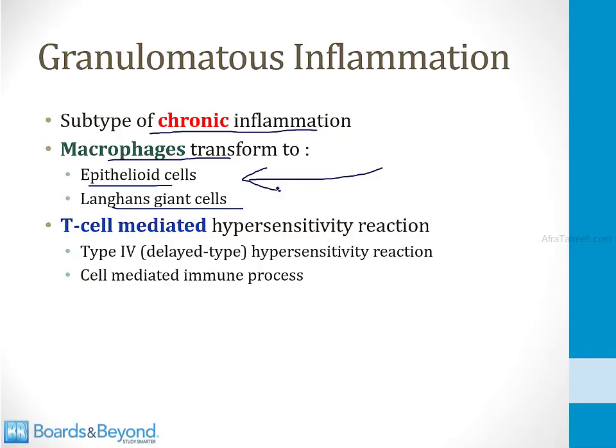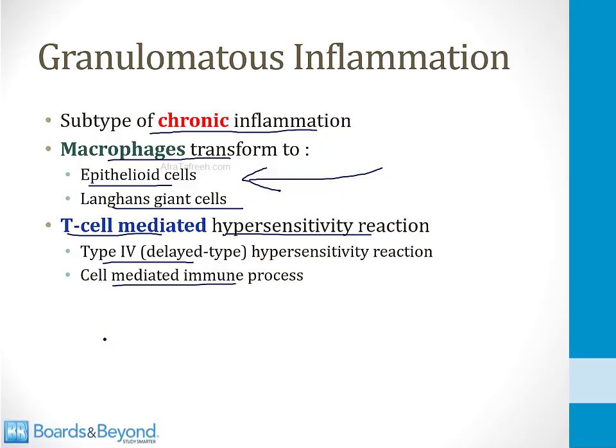Also very important to granulomatous inflammation are T cells. T cells are often involved in this type of inflammation, and this is an example of a T cell mediated hypersensitivity reaction. In the immunology videos, I talk about the four traditional types of hypersensitivity or immune reactions. The fourth type, the so-called type 4 or delayed type, involves cells. It's called cell-mediated immunity, and it can involve cells like T cells and macrophages, and granulomatous inflammation is an example